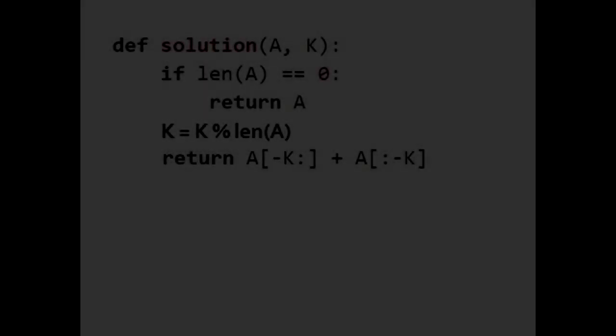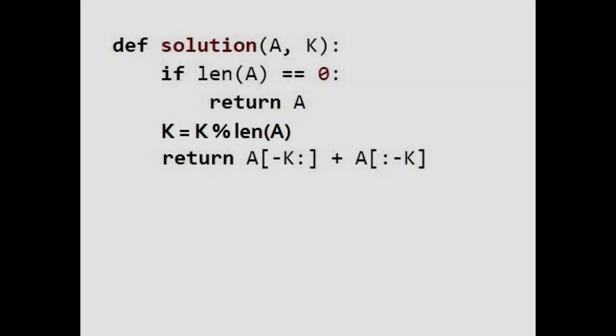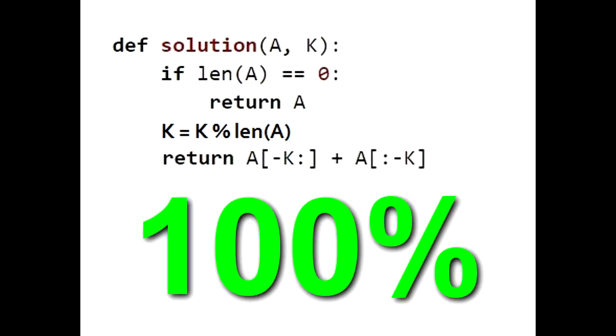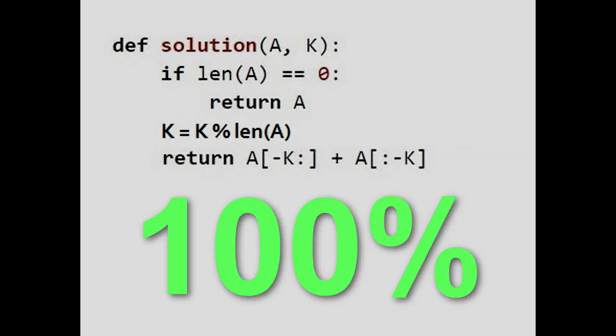Are you ready to see the line of code that was missing in my original code from the beginning? Here it is. Reassigning the K argument to K modulo len of A in place of the else statement. That's the difference. Did you catch it? Run both codes in Codility to see what happens and how it goes wrong. Once corrected, we get a 100% in performance.